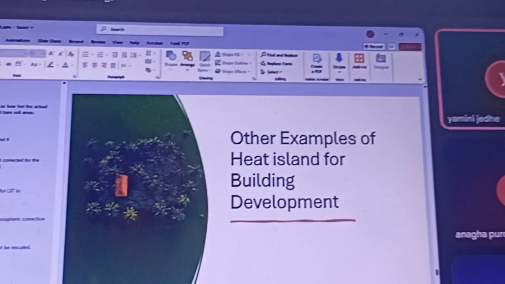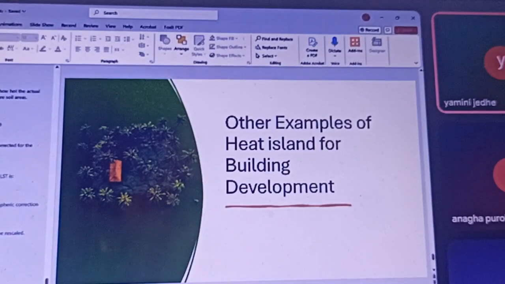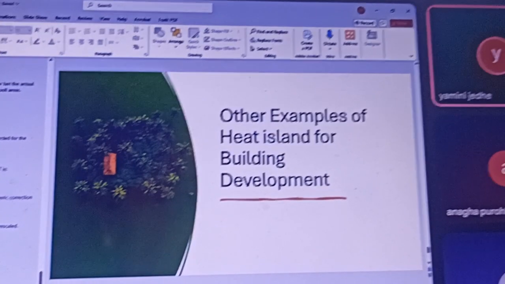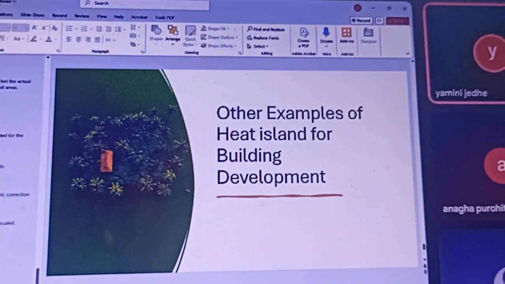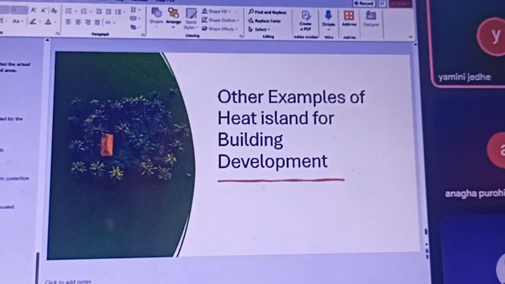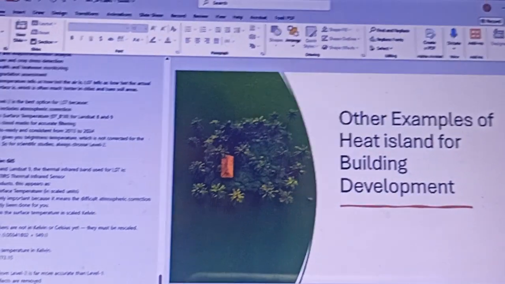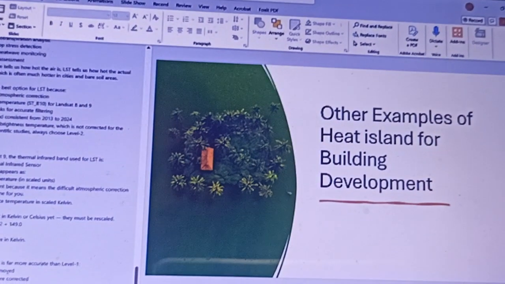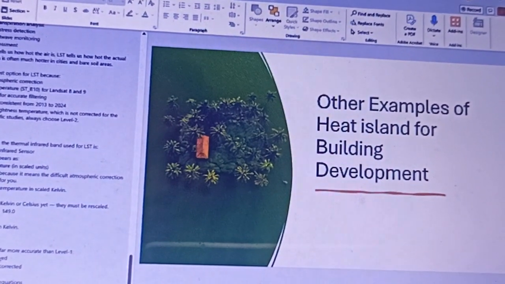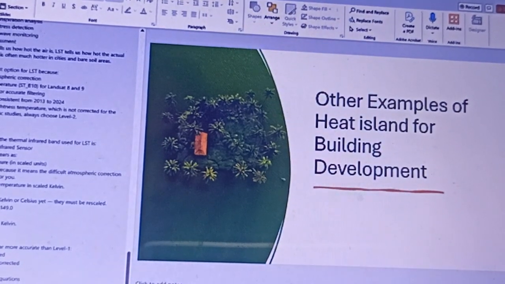And similarly for winters, because in winter humidity will be more as compared to the summers. So you can identify the three different seasons, same area satellite images, and you can know how much the rain contributes toward the heat island, or for example, in summers what is the temperature, winters what is the temperature, and rainy season what is the temperature of that particular land parcel.